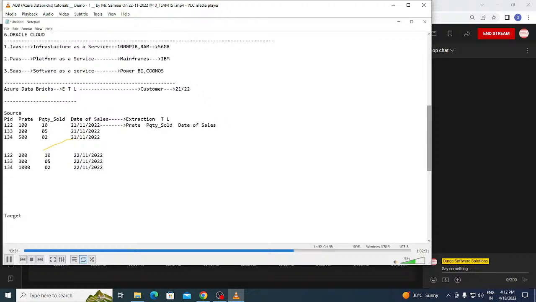Now, guys, next comes transformation. Picking up is done. Transformation. Now in the transformation, how can you find out the net sales amount each day? To find out the net sales amount, do we need to perform some arithmetic operations on the data or not? That means some mathematical calculations is required or not? Yes, sir.